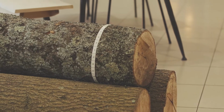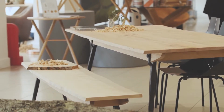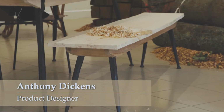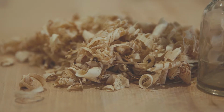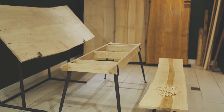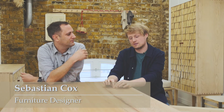The tree to table idea came about, credit to Heals, that's why we've been teamed up. They thought actually it would be interesting to have a metal leg table. People do like metal leg tables with wooden tops, and so they connected those two things together. The whole concept of the tree to table came from a conversation that we were having with Heals about trying